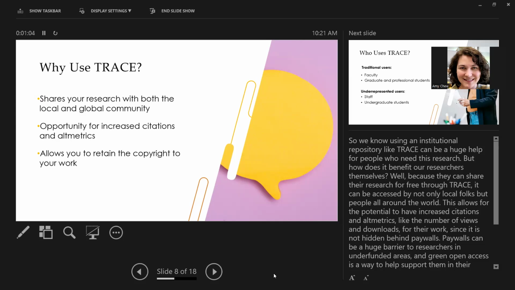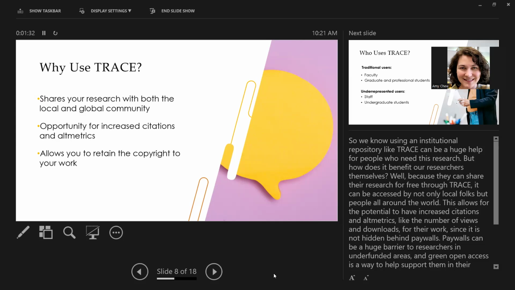So there are traditional metrics you can get if you publish your work with a journal, but if you're putting your work onto a repository like this, you can actually get those alternative ones and see who's been viewing my work, who's been downloading it, where has it been shared, where has it been cited, and Trace is automatically indexed by Google Scholar. So it's a great way for people to push their work out there, have a permanent link to it, have a DOI.